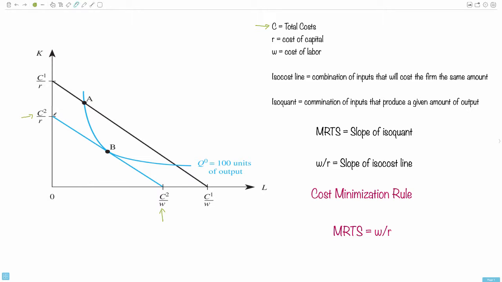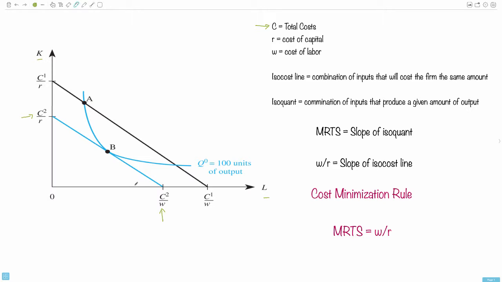If you connect these two points, you get what we call the isocost line, which is the combination of inputs, in this case K and L, that will cost the company the same amount. So it doesn't matter if you are at point B or any other point on the blue line,